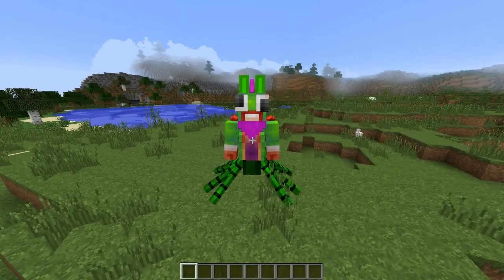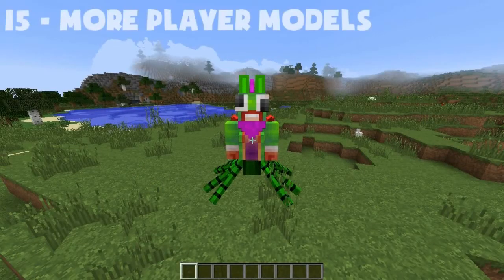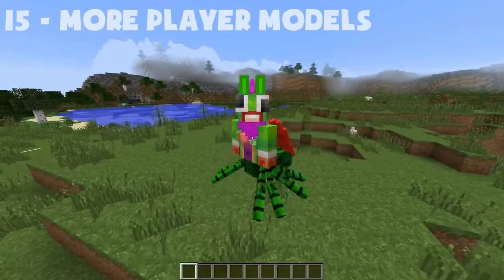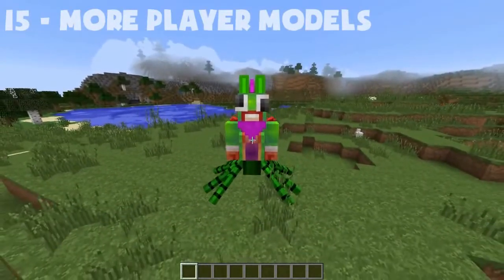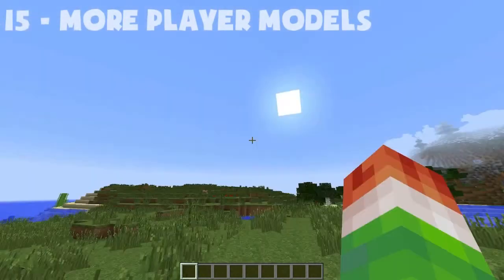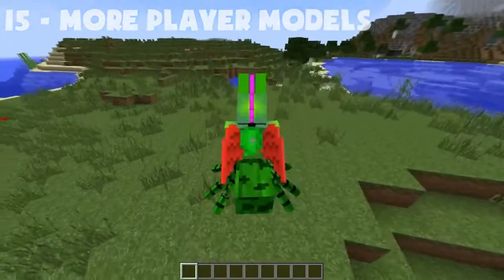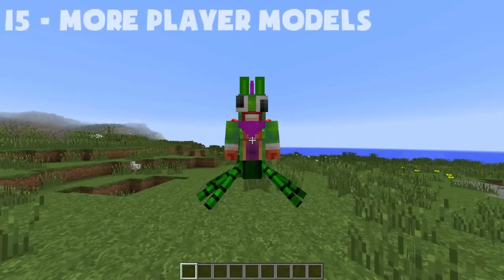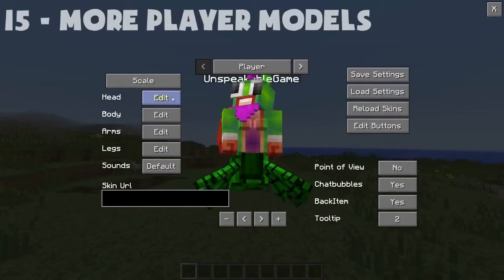Coming in our next spot is a hilarious one. It is the More Player Models Mod. This mod allows you to transform your player that no other mod allows you to do. So by simply hitting F12 on your keyboard, you can see that I am one freaky, huge looking spider, unspeakable gaming flying creature. But if you hit F12 on your keyboard, you can see that you can customize your head,